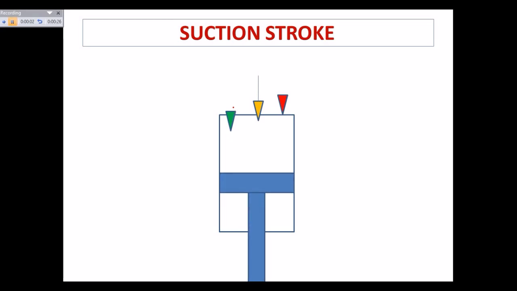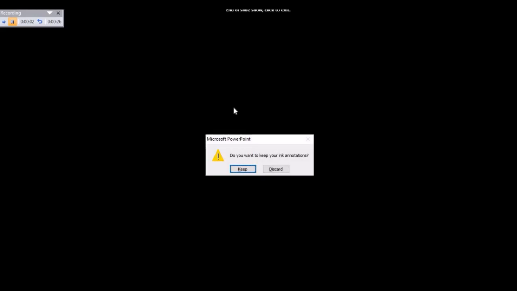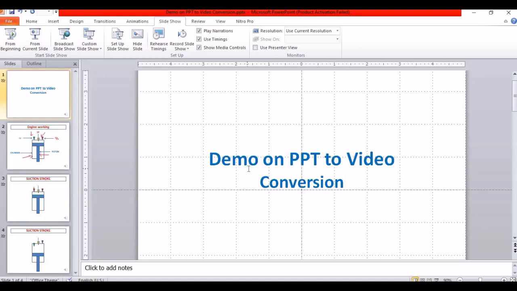At the end of the compression stroke, the spark plug will ignite the air fuel mixture, and during the exhaust stroke, the exhaust valve will open, and the burned air fuel mixture will be released through the exhaust valve. That is the simple presentation I made for the creation of video.